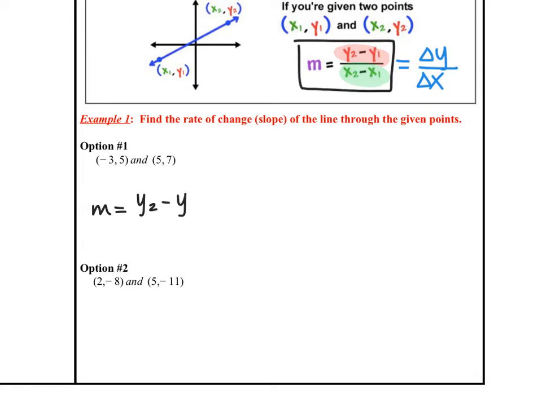y2 minus y1 over x2 minus x1, because the slope is the change in y over the change in x. And on my little points, I'll label, okay, this is x1, y1, this is x2, y2, and now I'm just gonna plug those points in. So on the top of the fraction, I will put my y's. So I'm gonna do 7 minus 5 because it's y2 minus y1 over